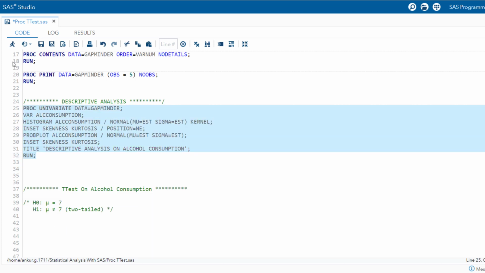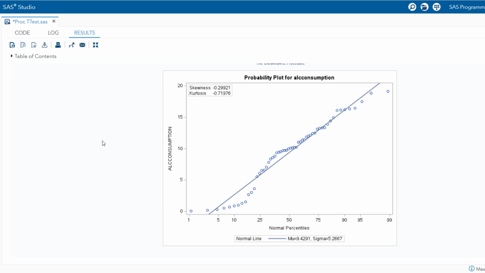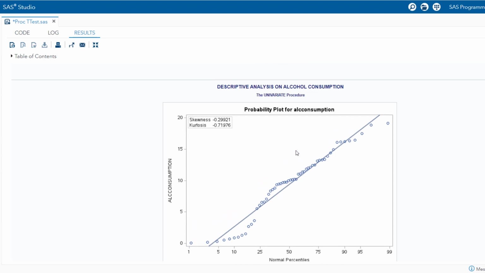Now let's run the code. Our area of interest is to find out whether the alcohol consumption follows the normal distribution or not. Here you can see the normal probability plot illustrates a 45-degree line that signifies the expected distribution for the data from a normal distribution. The data points depicted as circles diverge noticeably from this particular line, indicating a significant deviation from normality. This is further reinforced